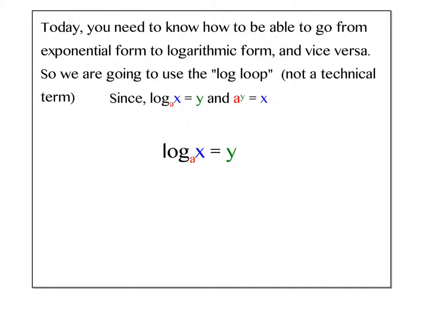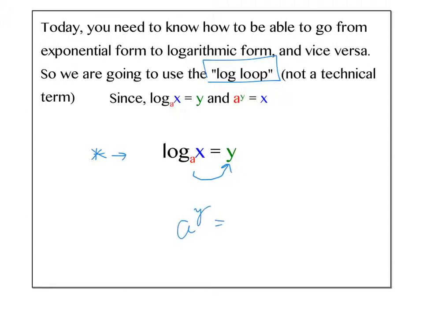Okay, we need to know how to be able to go from exponential form to logarithmic form and vice versa. So we're going to use what we call the log loop. You will hear that term often. The log loop, not a technical term, it's just something that we've come up with that helps us go back and forth from one form to the next. So, how do we implement this log loop? Well, you start with your base. The base in this logarithm right here is a. And we say that the base a, and here comes the loop, to the y